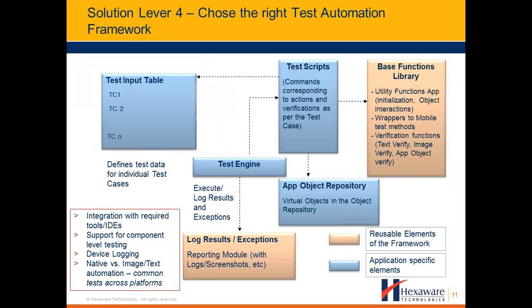Now, the fourth solution lever, which I believe is very critical for testing in an agile model, would be choosing the right test automation framework. The right automation framework should not only provide the basic requirements for test automation, but also ease of test maintenance and change management. Some of the principles you should look at when creating the automation suite should be based on extensibility, which means that your automation suite should provide you coverage not only of specific operating system versions, but